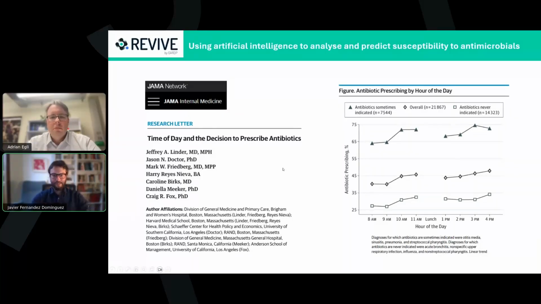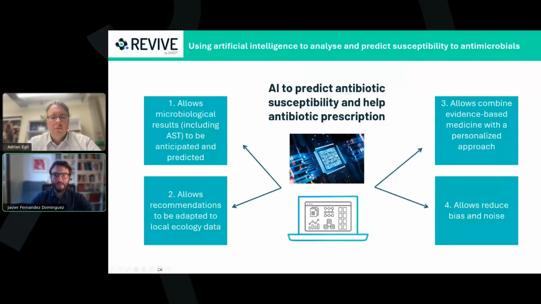So all these things could be improved with the use of artificial intelligence. We have been doing research in this topic for a long time, and we think it can help to predict antibiotic susceptibility and to help antibiotic prescription. Why? First of all, because it allows microbiological results to be anticipated and predicted. Using a lot of data about antibiotics, we can predict and anticipate antibiotic resistance. Also, it allows recommendations adapted to the local ecological data,